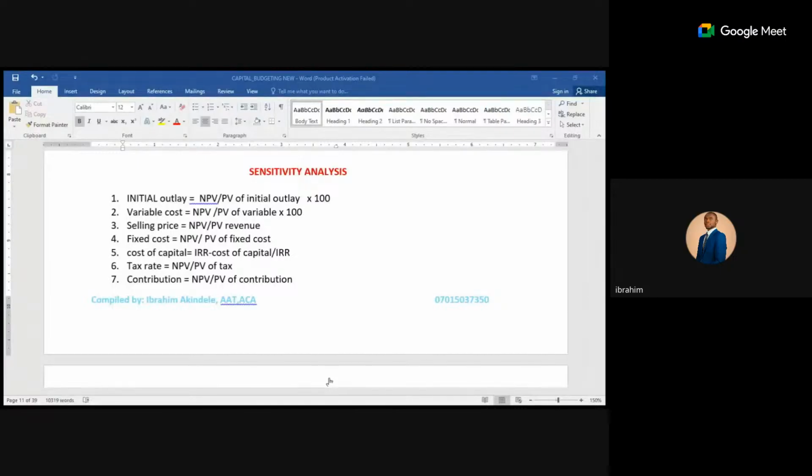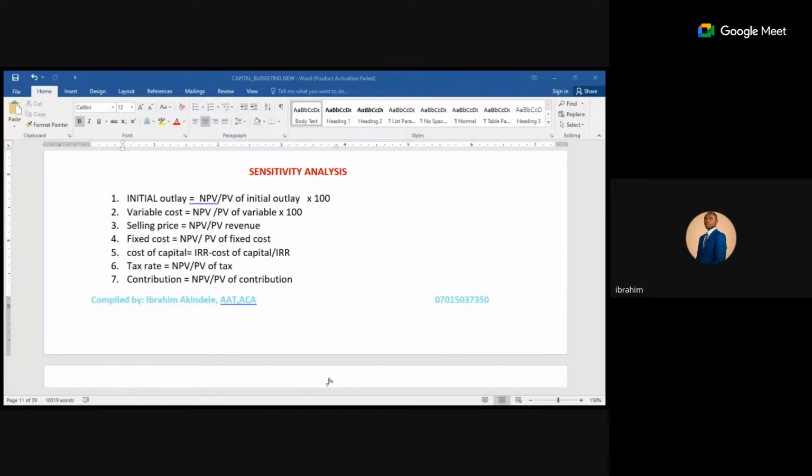Now, the same thing is applicable to contribution. You calculate the sensitivity analysis of contribution, and you have 5% or 50%. What is the implication? The implication is that you should not allow it to fall by more than, say, 30%. If you reduce it by more than 30%, what will happen to your NPV? It becomes negative or zero. But let's quickly move to cost. If you have a fixed cost or a variable cost of, for instance, 5% or 20%, and you calculate your sensitivity analysis to be 50%.